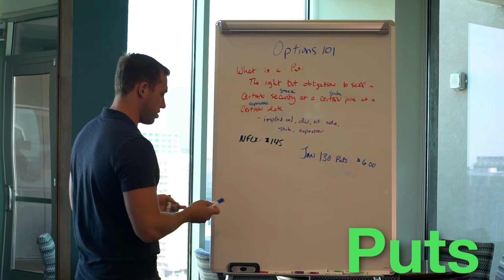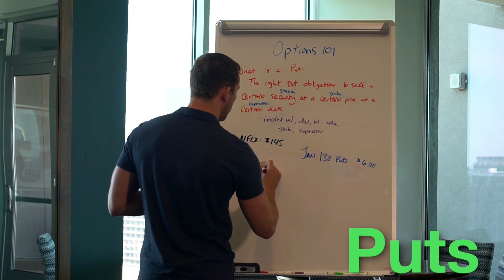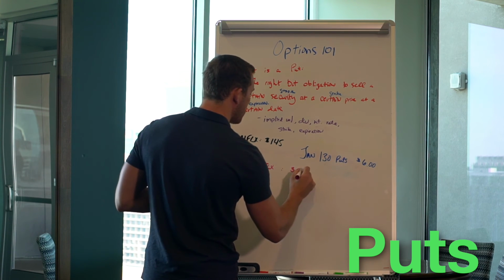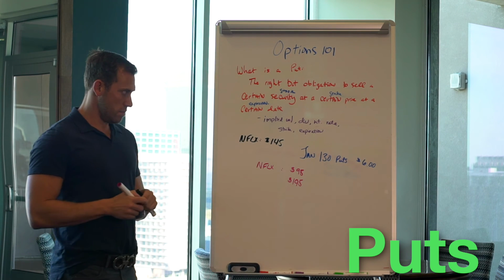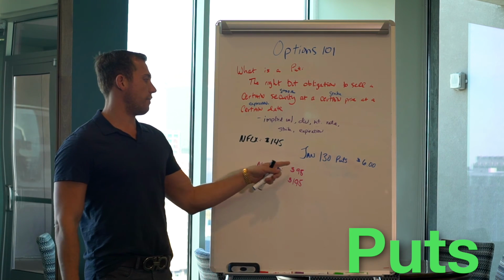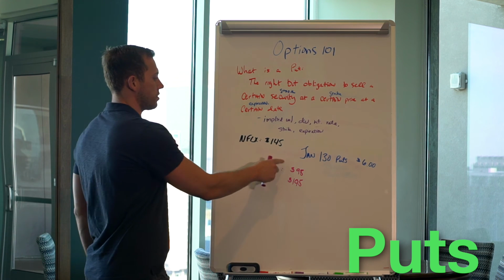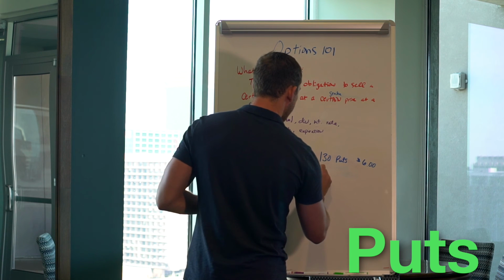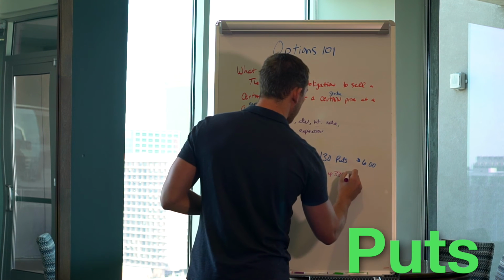Let's give it two certain situations. Let's say Netflix goes up $50 or down $50. So let's say Netflix goes to 95, or Netflix goes to $195. Let's say those are the two choices by the end of the year. If Netflix goes down to 95, and if I shorted the stock, I would make $50, which would be a good 33% return. So with the stock, I'd be up 33% ROI.